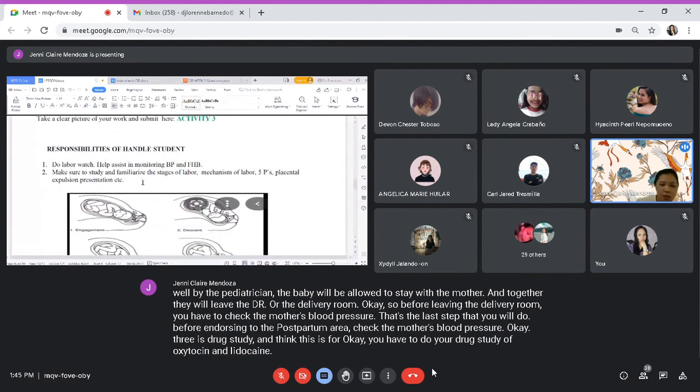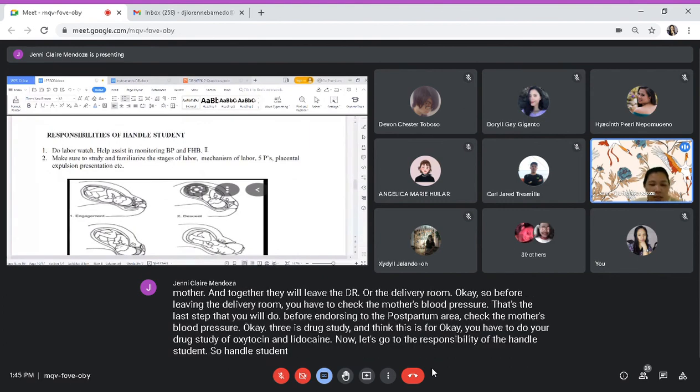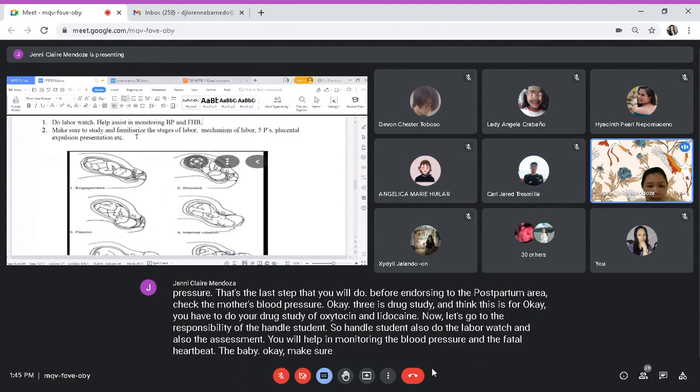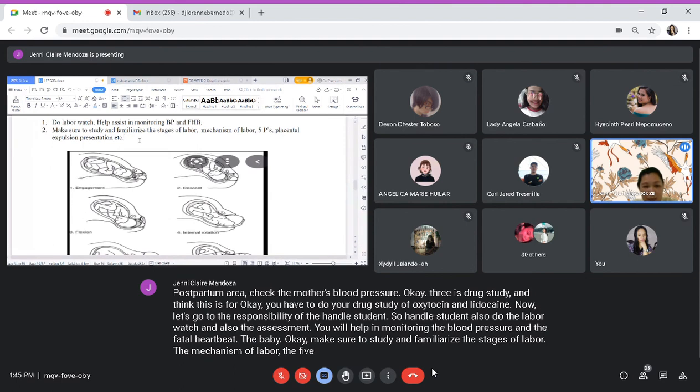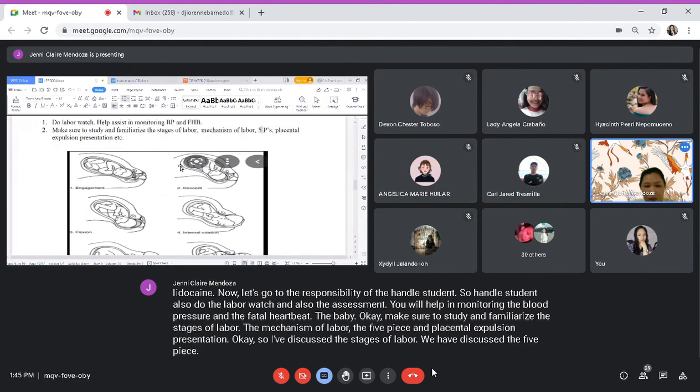Now let's go to the responsibility of the handling students. So handling also do the labor watch. So I will do assessment. You will help with the blood pressure and then the pulse. And make sure to study the stages of labor and the mechanism of labor, and the spontaneous expulsion procedure. Okay, so discuss the stages of labor. We have discussed the stages. Okay, so what are the